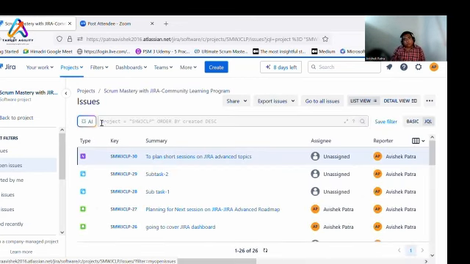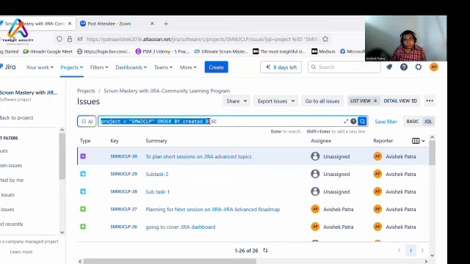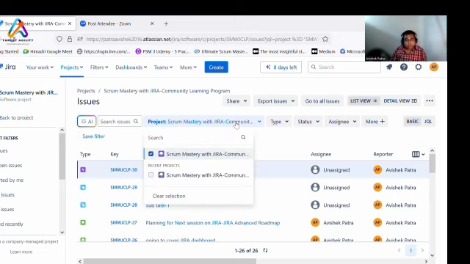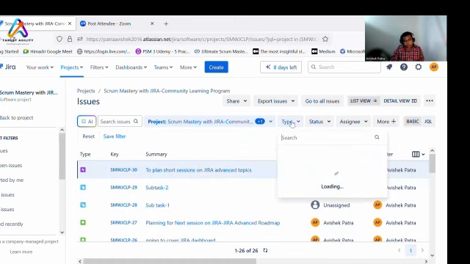Okay. Now, you see here, right? Project equals ASM, WJCLP, order by created, right? So this is called a JQL, Jira Query Language, JQL. If you click here in the basic one, there are two options, basic and JQL. If you want to extract any report based on multiple projects, let's say one is the team managed project and one is the company managed project, the top one is the company managed project, below one is the team managed project. If you want to select both the projects, right, you can extract data out of these two projects, right?